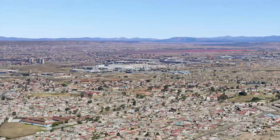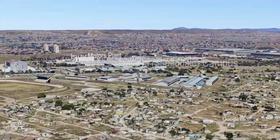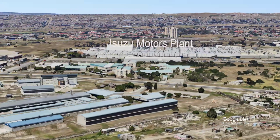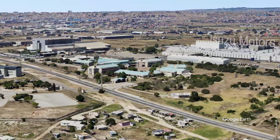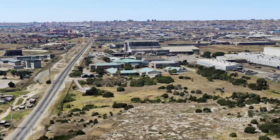This was where the first big struggle started to happen. So it's very fitting that this campus is called the Ikayiya campus, meaning self-respect and pride, standing up for yourself. But before we take a look at this engineering campus in more detail, let's fly over the Isuzu and the